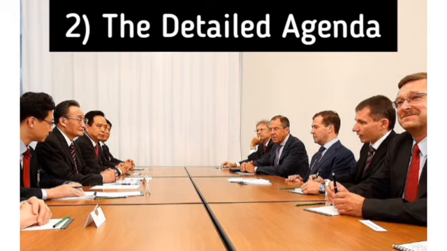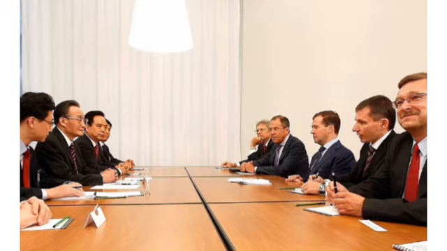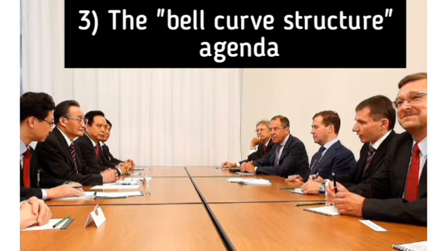Another type of agenda is the detailed agenda. This form will contain a complete heading identifying the meeting. It will also show listed items and give the details. For example, proposals to be submitted and resolutions to be passed are also included. In addition, there will be the names of the proposers and seconders as well. Another type of agenda is the bell curve structure agenda.